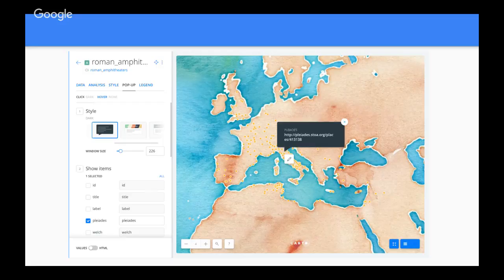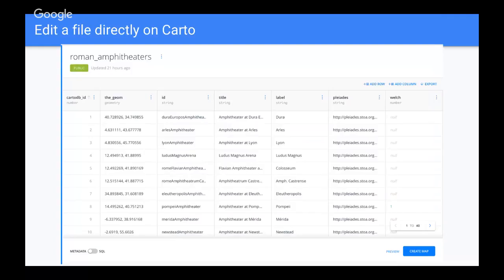Here I decided to put the identifiers and priorities and so on. Probably the most useful thing here, and you will realize that if you play around with your spatial data a bit, is that Carto allows you to modify your files directly, which QGIS doesn't for obvious reasons. So by going onto your connected data set, you will be able to modify the content of the columns, to add new columns, to add new rows, and so on.